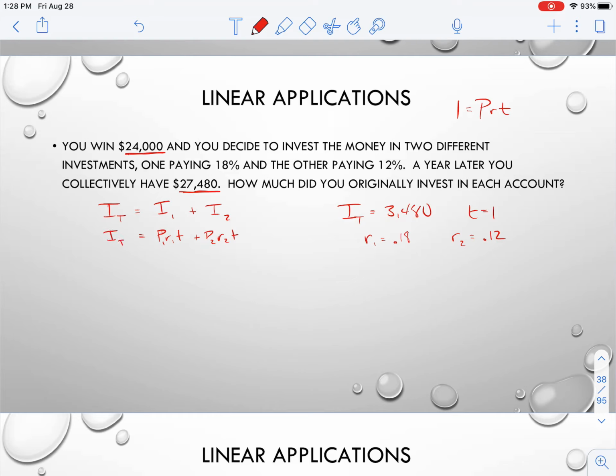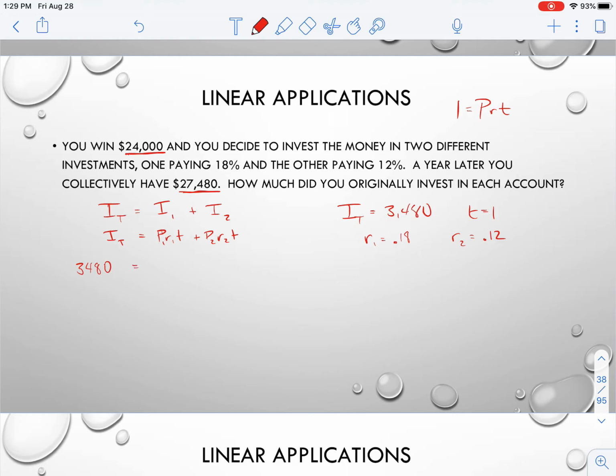Okay, so the problem I run into is how do I express the difference from the principal 1 to principal 2? So if of my $24,000, I put X dollars into my first account, I have 24,000 minus X dollars left to invest into my second account. So let me go ahead and substitute here. We're going to have